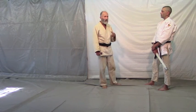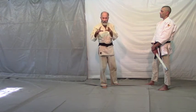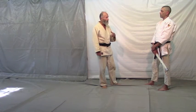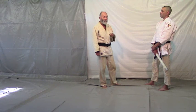But this is how we got into looking at the leading. And we've learned a whole lot about it. We've gotten where we're fairly good at trapping the person's attention and leading him past us. And so not only does it work well defensively in terms of weapons,